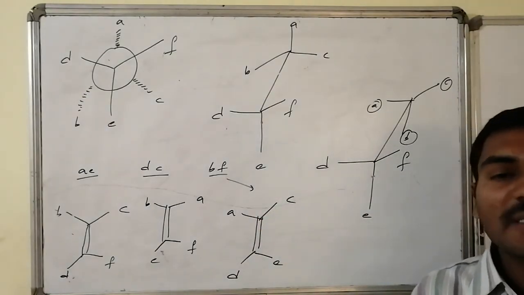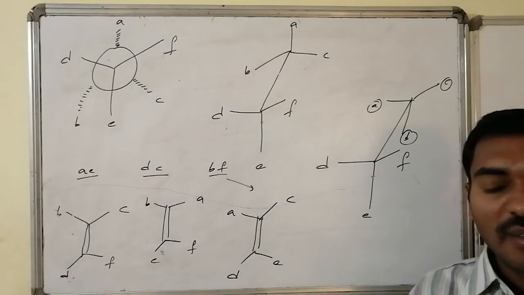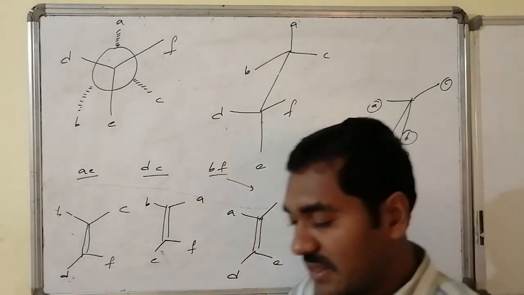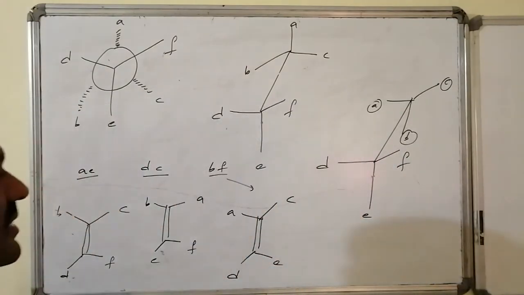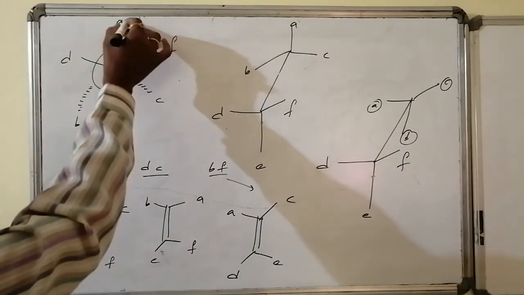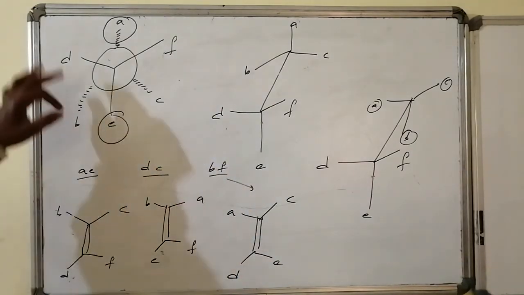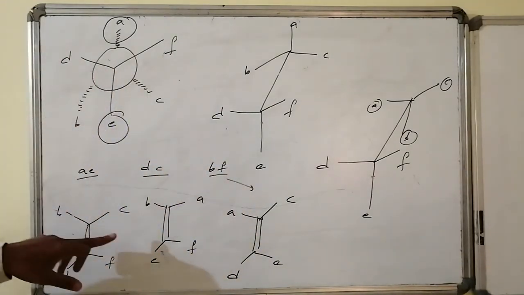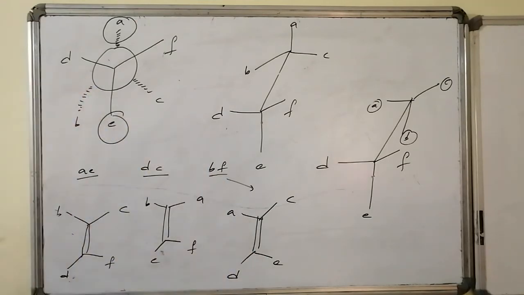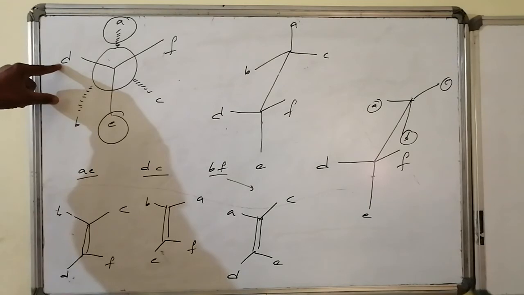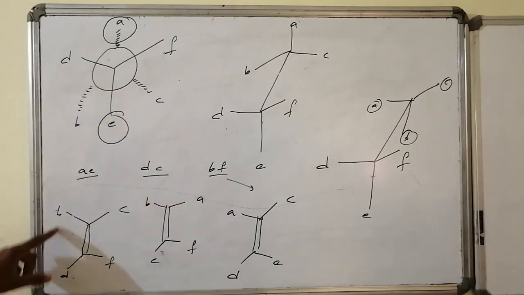The anti-eliminations related explanation is coming from the Newman presentation as well as the Sahar's presentation. For your easiness, once again, one example from the Newman. Suppose here A and E are eliminated. If A and E are eliminated, back carbon atom is having combination of B and C, front carbon atom is having combination of D and F. Suppose if I take B, to the B, the minimum dihedral angle separation is present for D, so therefore B and D are close, syn fashion to one another.